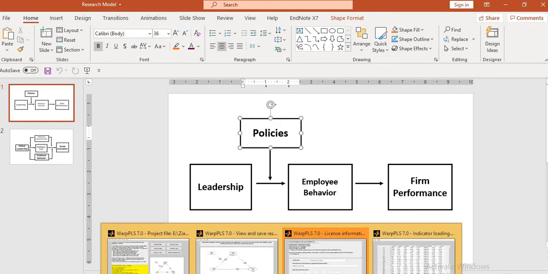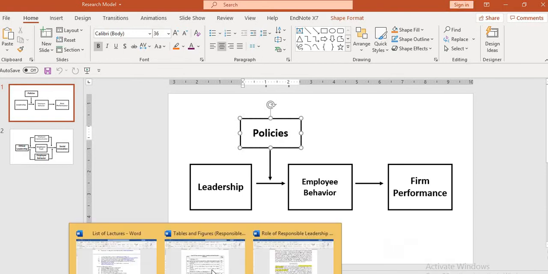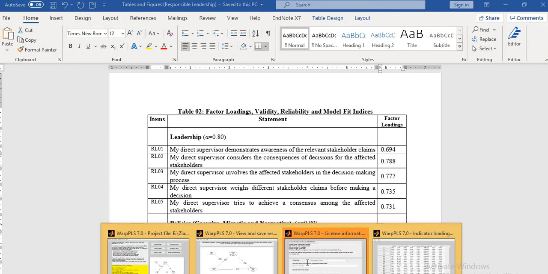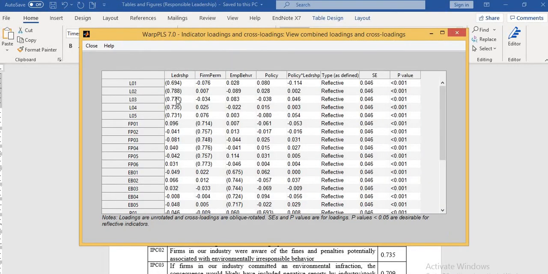These are the 4 variables, and here in this file I have drawn a table: factor loadings, validity, reliability, and model fit indices. So I have put all the items of the variable here, and this is the value of Cronbach alpha, and these are the values of factor loadings. I have simply copy pasted from here.